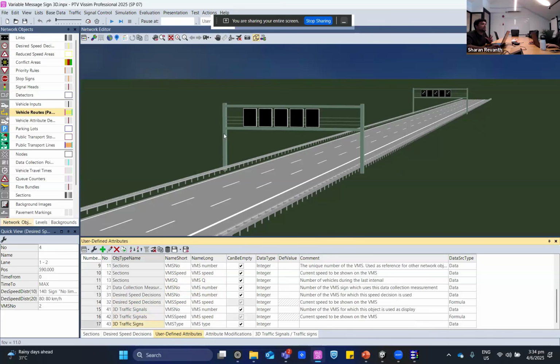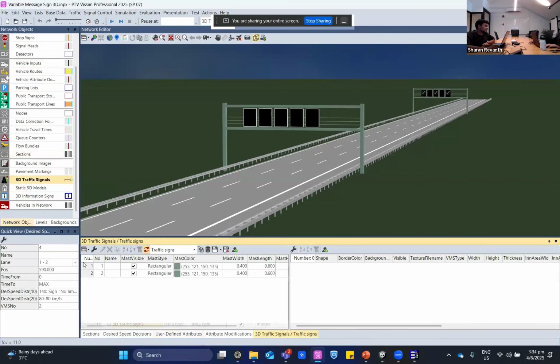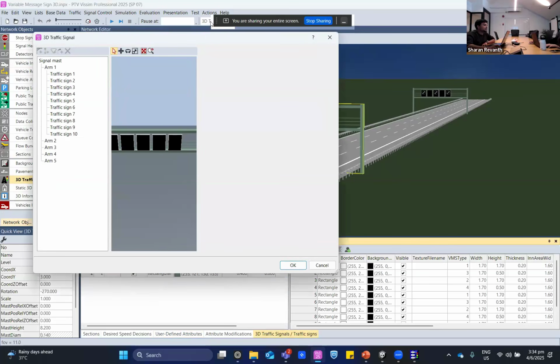signals. So why we are using 3D traffic signals is because Vissim doesn't have a variable message sign object. Instead what it has is 3D traffic sign. So if you see, in 3D traffic sign, this whole thing is considered as a traffic sign. So let me open this